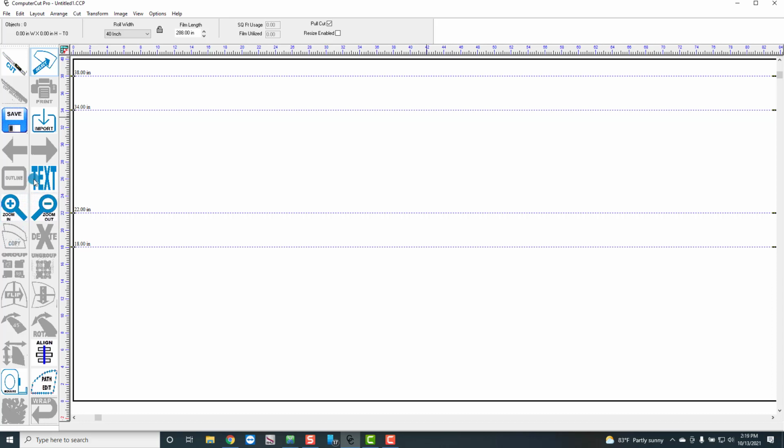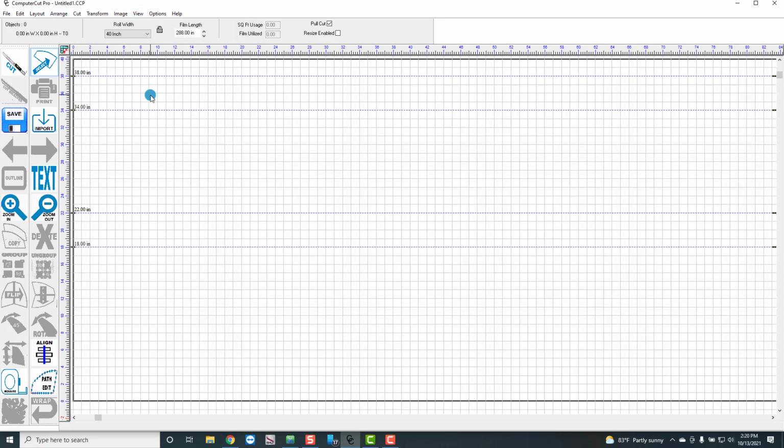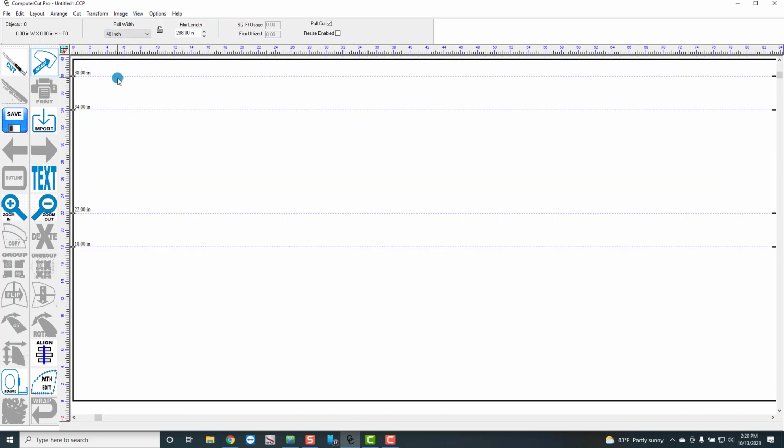A couple of other things about the cut window display here. It defaults to a blank white size, but you can customize it yourself. Many people like to have a grid in there, so you can click on View and then Show Grid, and it'll pop up a grid in here. Also, these guidelines right here for the different size rolls, they default locked, but you can customize these by going